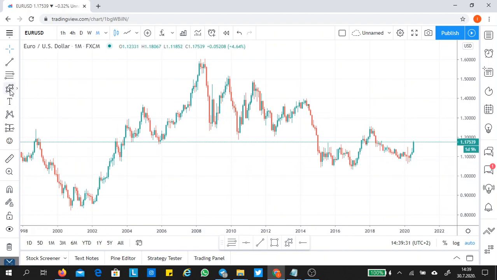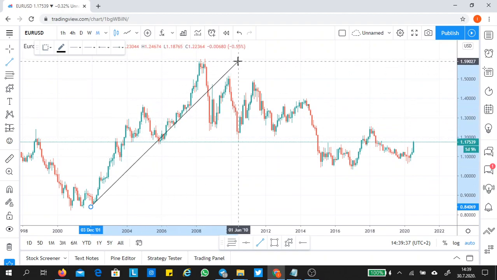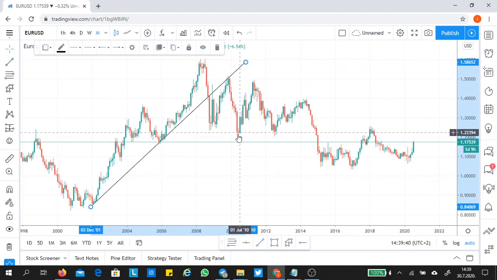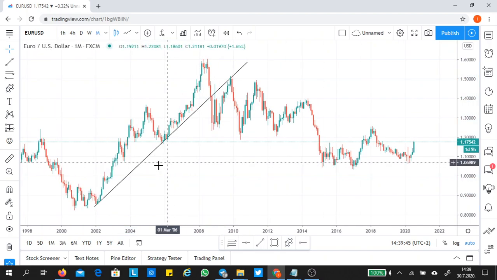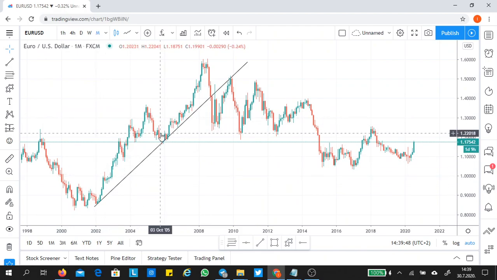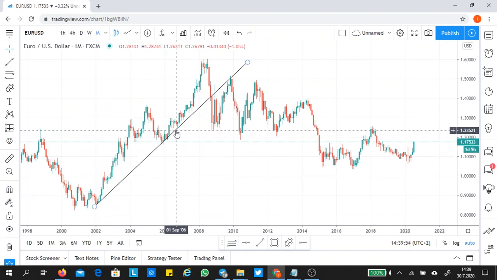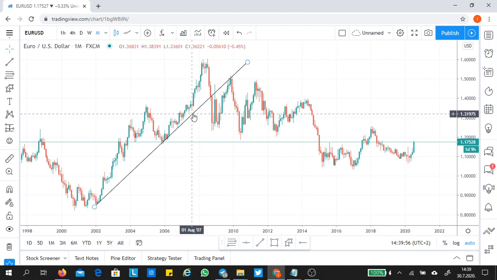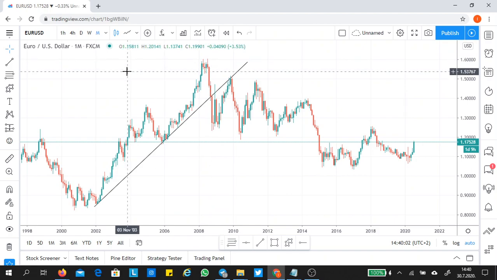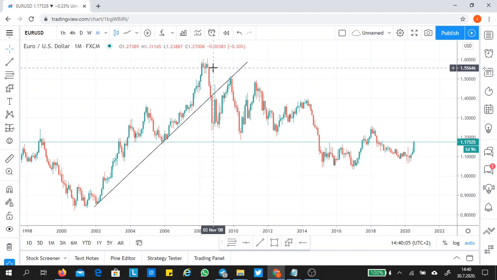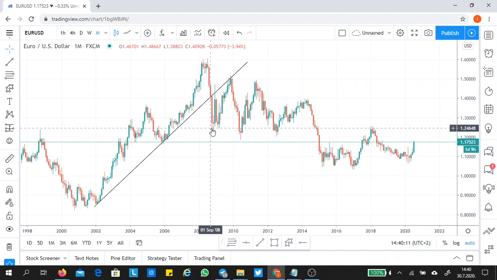Okay, with this trend line, we can make a constatation that the trend is up. So here is a trend line which is valid. It has many taps, and at some point in time the trend line was invalidated. So the trend line was broken, and in the next